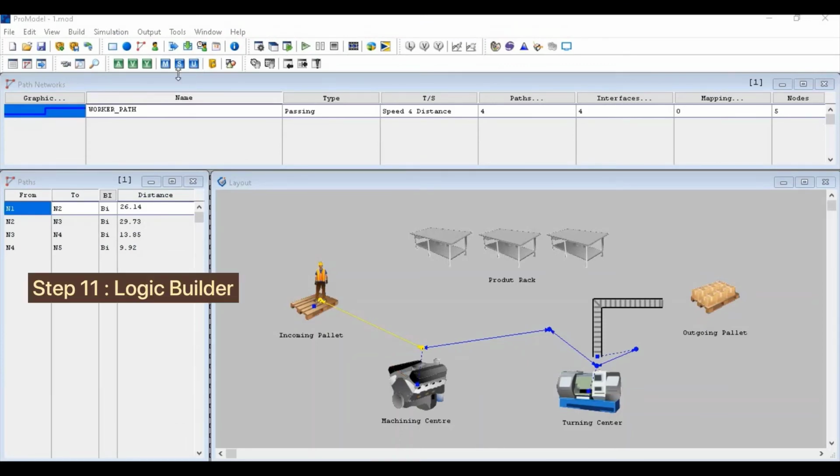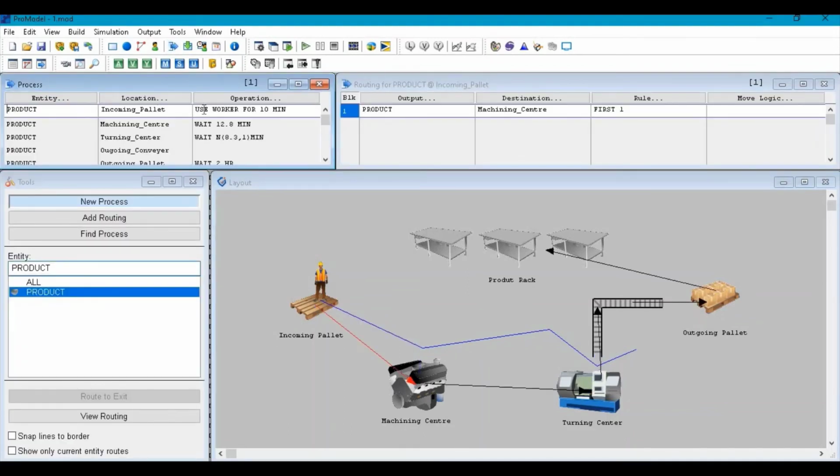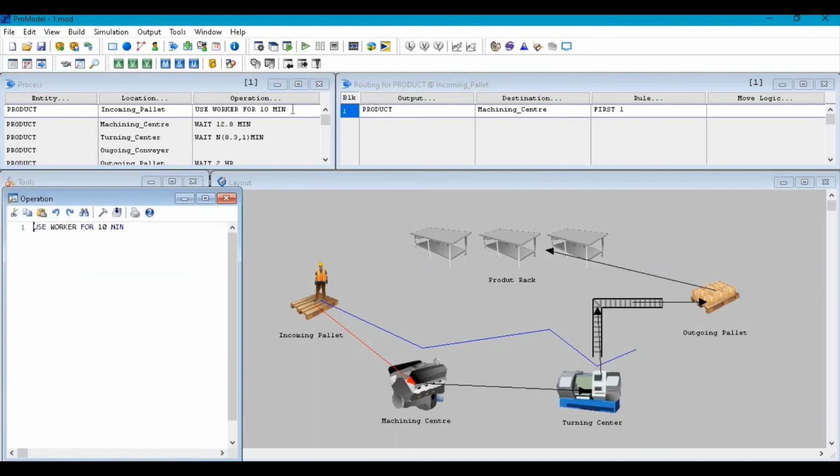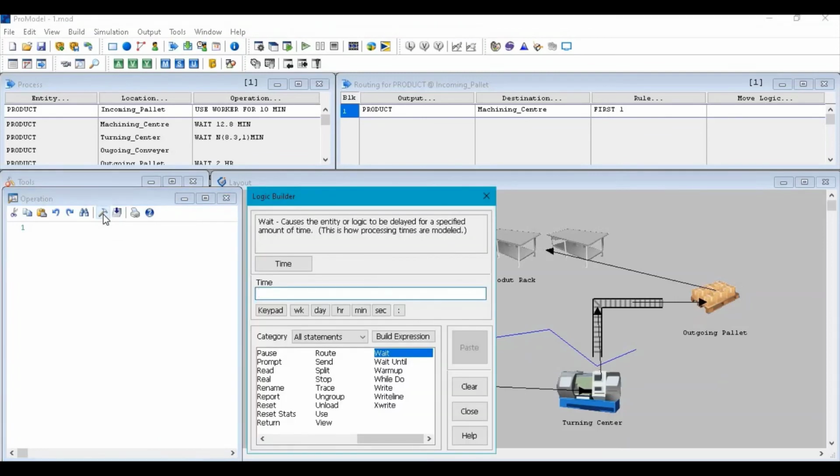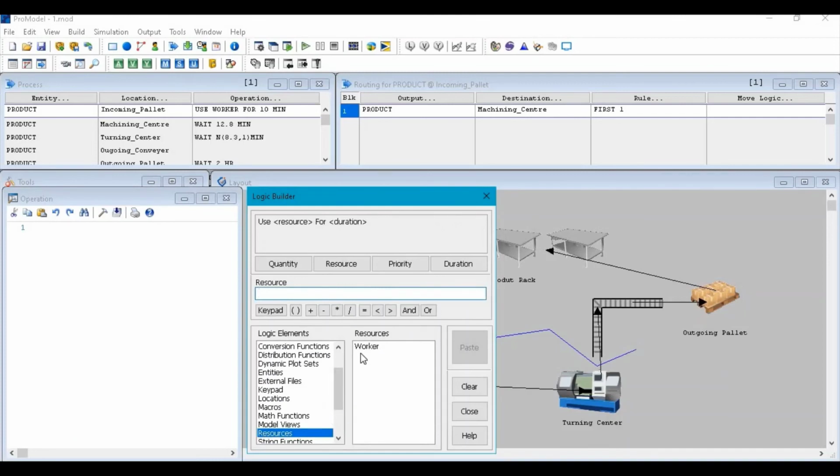Next step is step 11. Step 11 is logic builder. For the logic builder, click on the processing button here and then click on the block icon to make the changes on the option given. After this box appears, you can search for use resources. This use resources